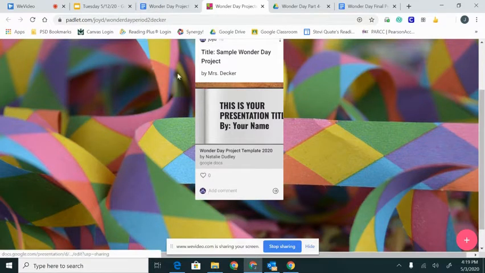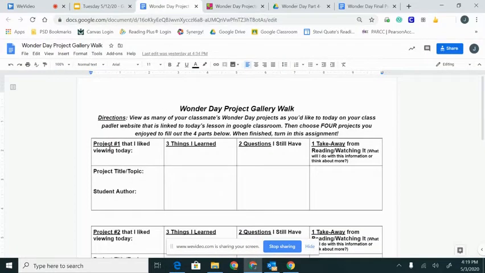When you're done, I want you to choose 4 of the projects you viewed to fill out your gallery walk page. How that would look is, start with the first one that you want to view. It doesn't have to be in order, and it doesn't have to be the first 4 posted. It can be any 4. You're going to put the project title here. So if you viewed Mrs. Decker's bullying project, you would put the name of the project and the name of the student who created the project. Over here, after viewing the project, you get to write down 3 things that you learned from that student's